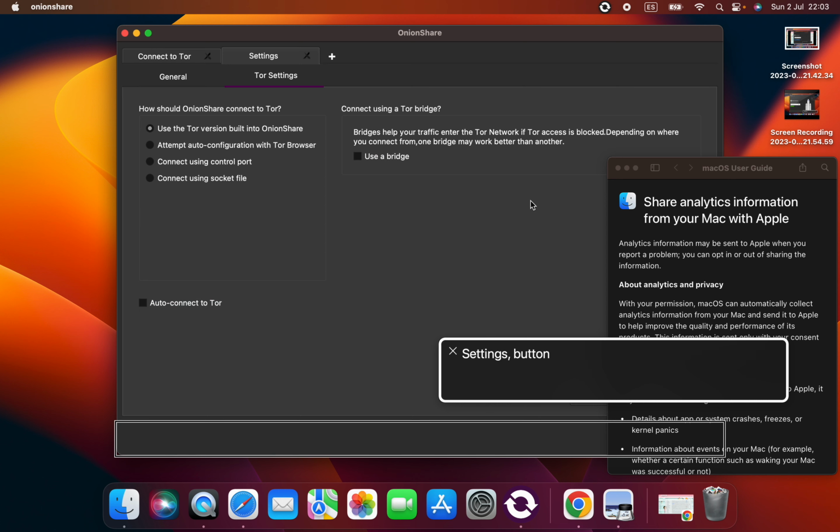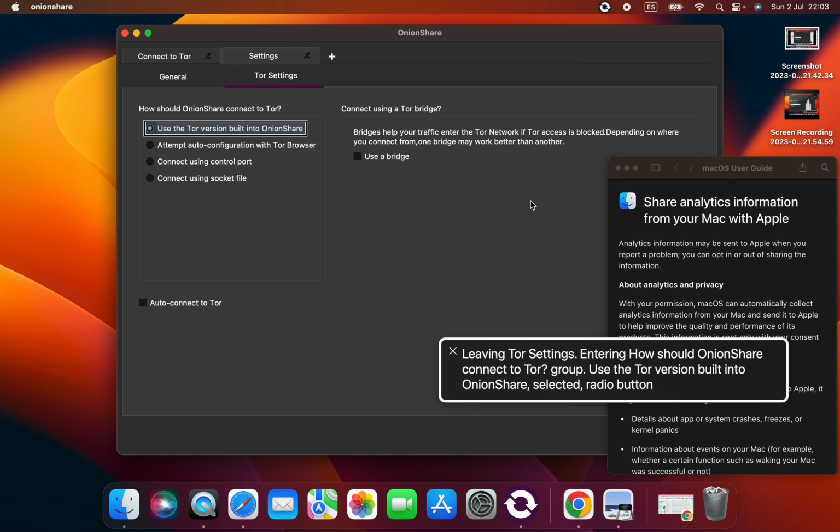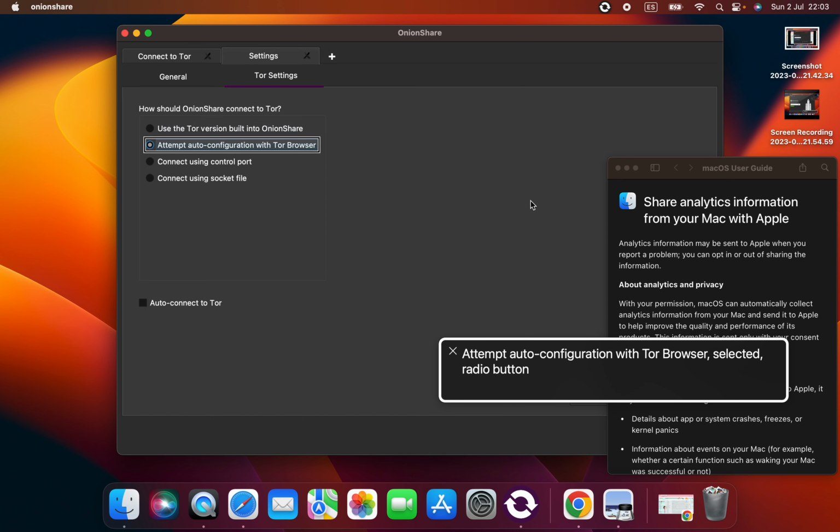Save button. Settings button. Entering settings. Leaving Tor settings. Attempt auto configuration with Tor browser. Selected radio button. Leaving how should OnionShare connect. Tab. Test connection to Tor button. Save button. Settings button. Leaving Tor settings. Entering how should OnionShare connect using